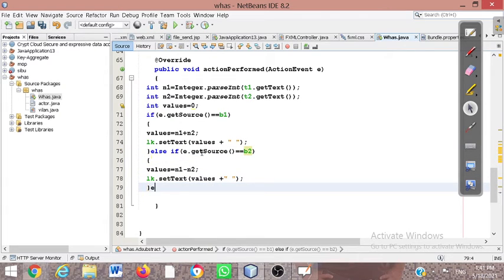Coming to this point, else if, and here also you will write e dot, like the reference is the getSource